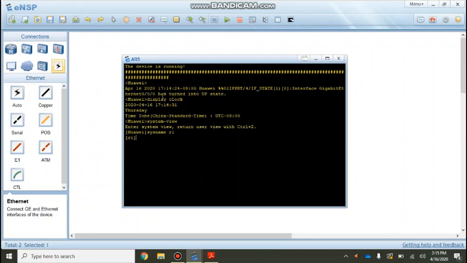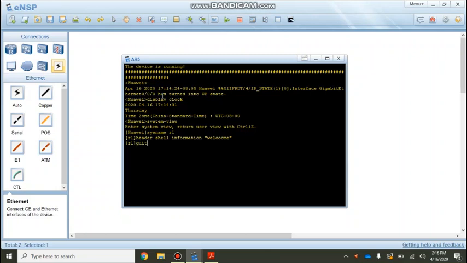Another thing we can do here: when the router starts, it gives a proper heading or proper message. For that you can simply type header shell information, and in double inverted commas you can simply type welcome. So whenever you open this router, the first message will be welcome.